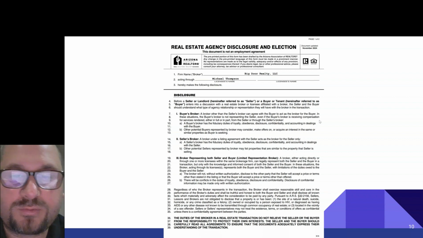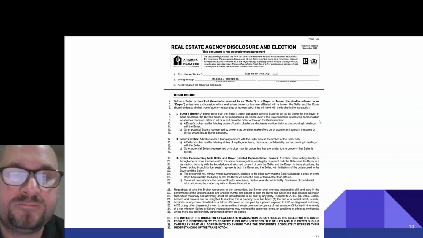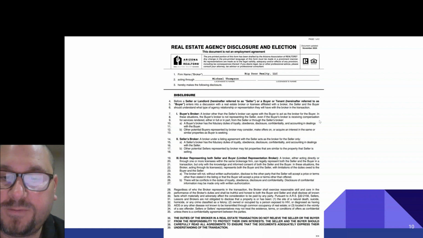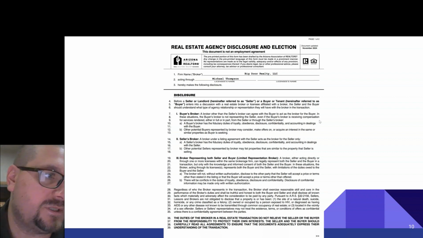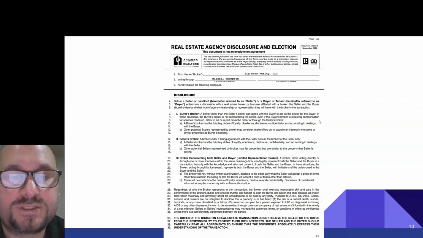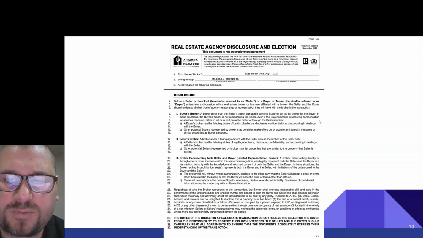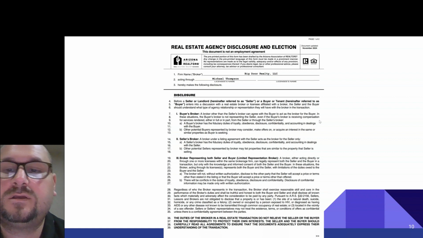Regardless of who the broker represents in the transaction, the broker shall exercise reasonable skill and care in the performance of the broker's duties and shall be truthful and honest to both the buyer and seller, and shall disclose all known facts. Typically, it's material facts, right? Which materially and adversely affect the consideration to be paid by any party. Pursuant to ARS 32-2156, even state law,